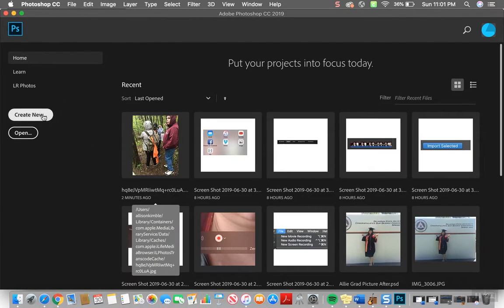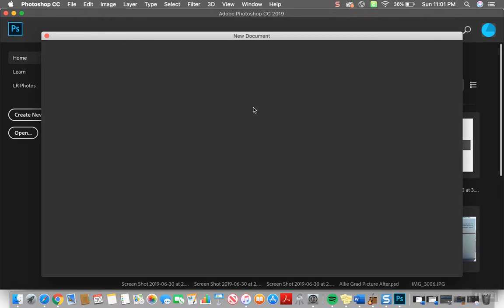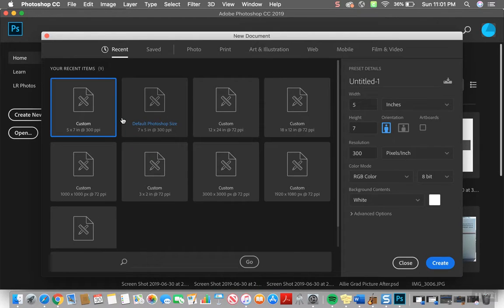So you want to click Create New, and you're going to select the custom one, which is the default Photoshop size, but I switched it from a landscape orientation to a portrait orientation because that's the orientation of the picture I'm going to edit. So I'm going to click Create,